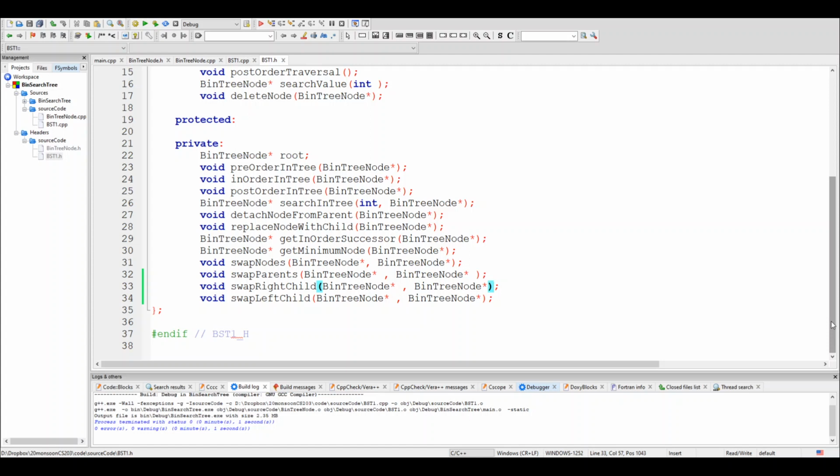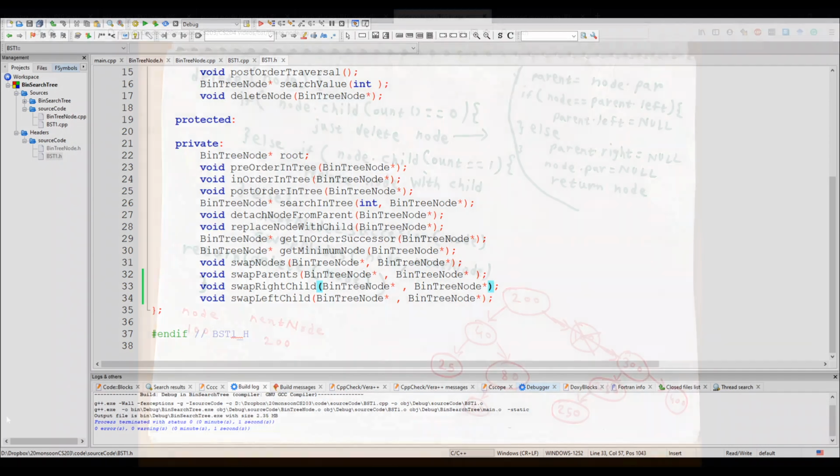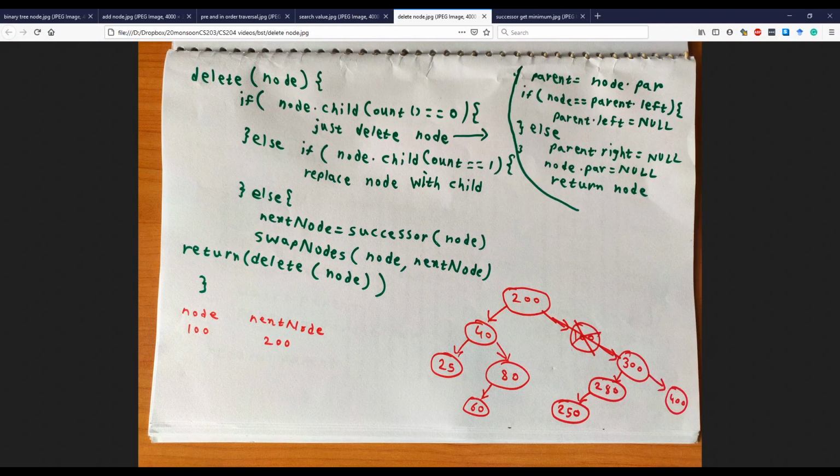The point is to build your code step by step. You must have noticed that when we wanted to delete the node, let me show you our logic. When we wrote the logic for deletion of the node, we did not write that logic to the last details. Okay, we just said that if node has 0 children, let's do something. If node has 1 child, we'll do something. And if node has 2 children, then there is something that we'll do. But we never wrote down those last details.